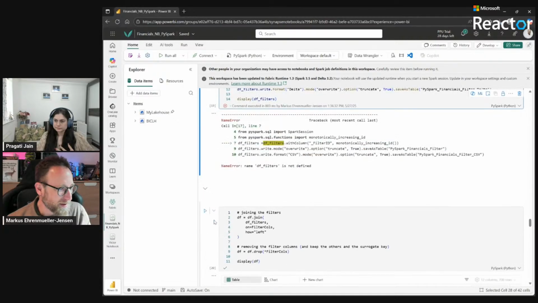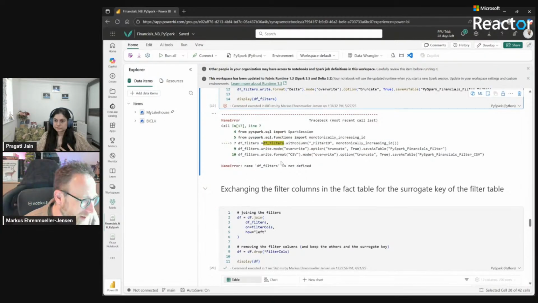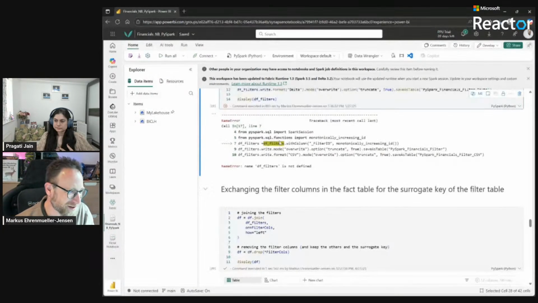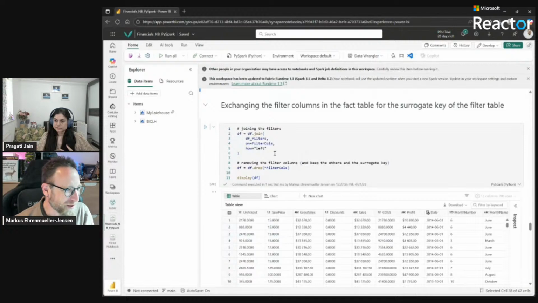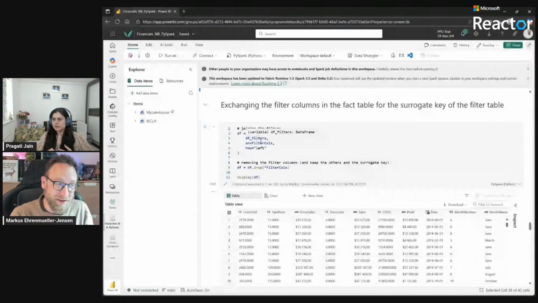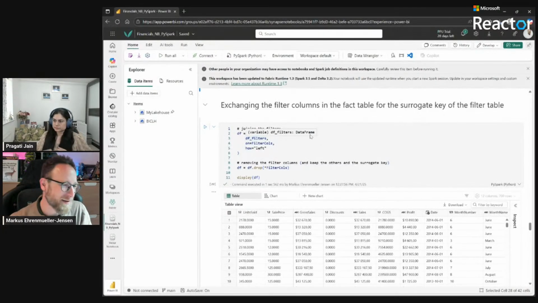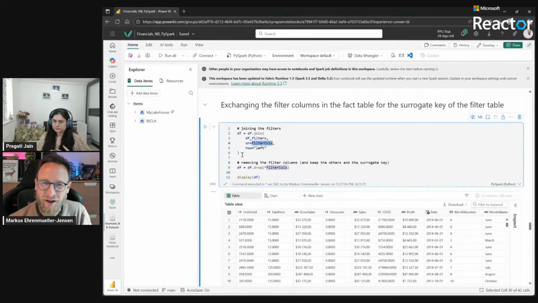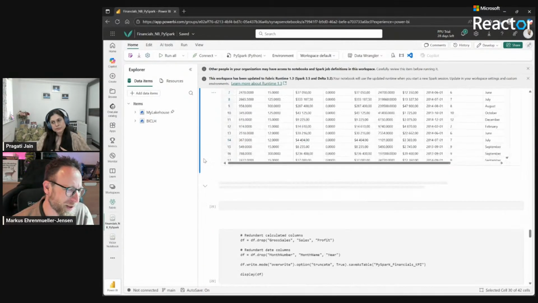And then later, so obviously, there was some error the last time I ran this, but everything works. We can see the other results as well. And then the other thing is I want to join the existing table, like my financials table, with this filter table now, because I want to look up the filter ID, and I can then join, doing a join here on these filter columns, right? Remember the list of column names. And I think this is a really elegant solution which we can build here in Fabric and in Python.